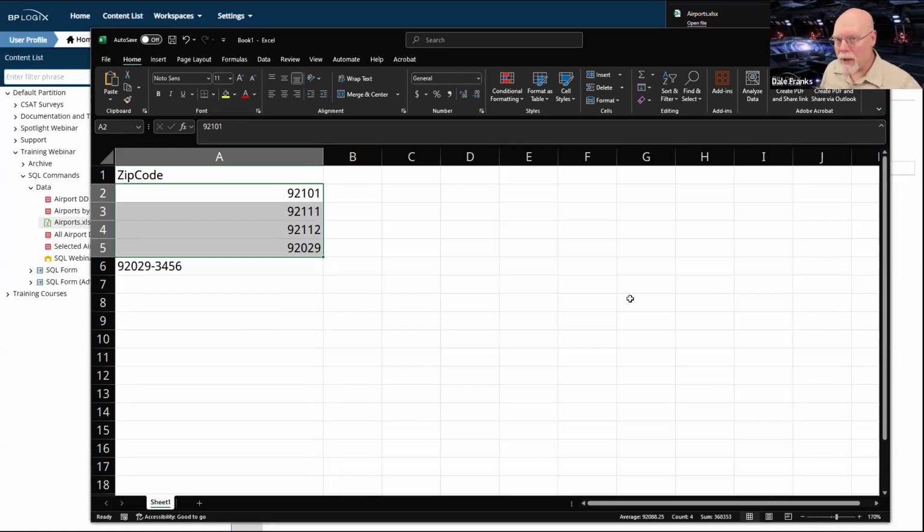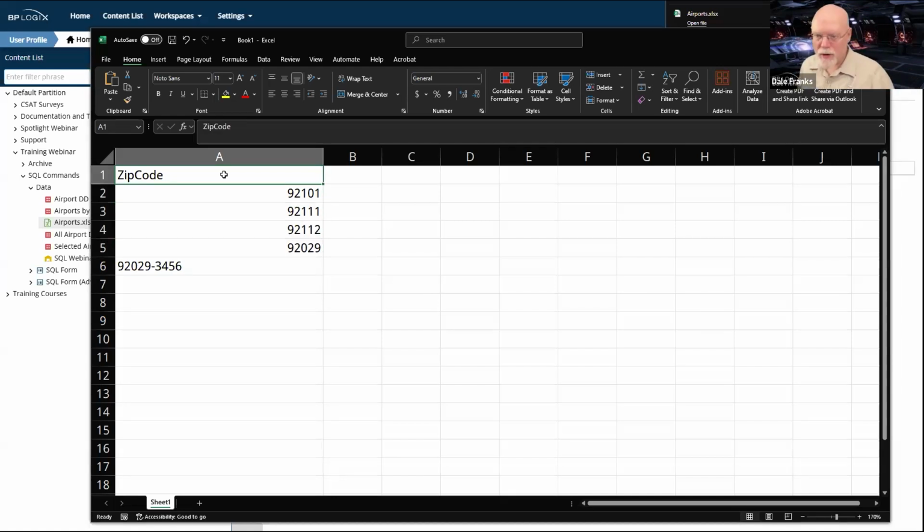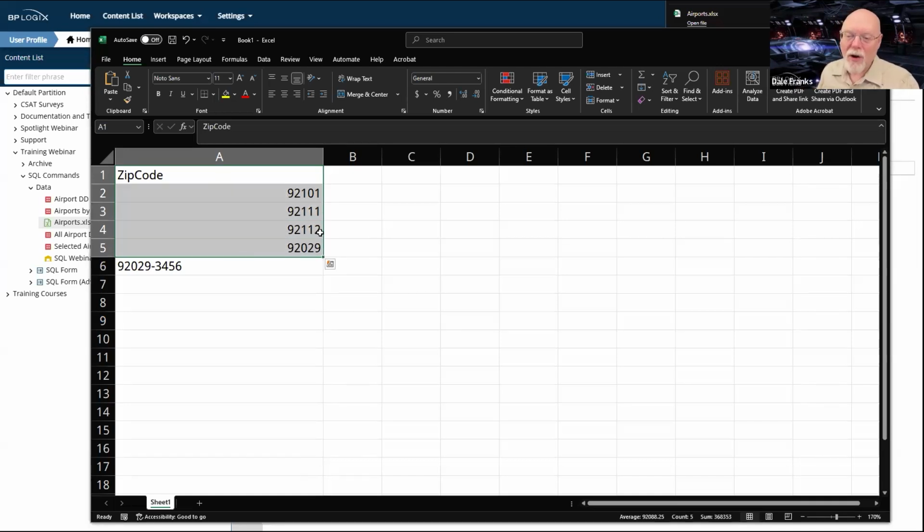When I import them into a database, the import feature, and this is just how SQL Server works, is going to say, okay, we have a field here called zip code. Let's take a look and see what kind of data this is. And if it sees a whole bunch of this, it's going to say, oh, these are all numbers, except that they aren't.